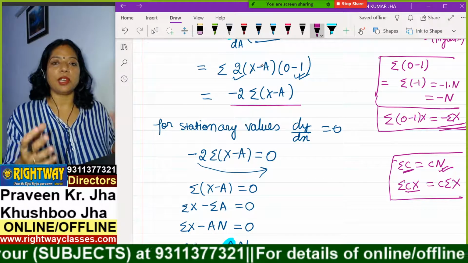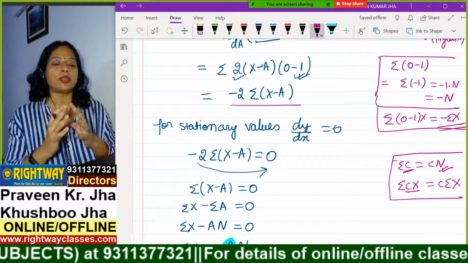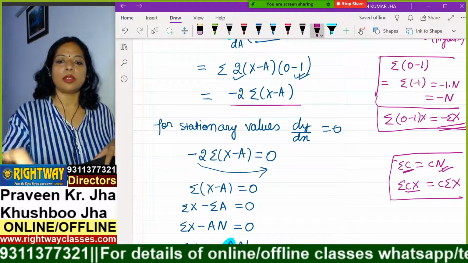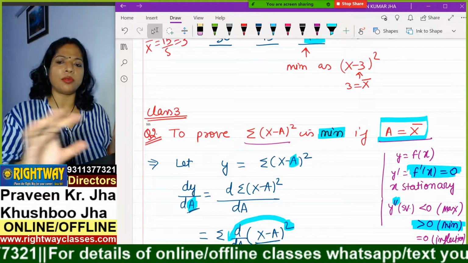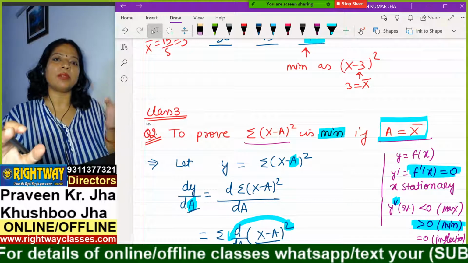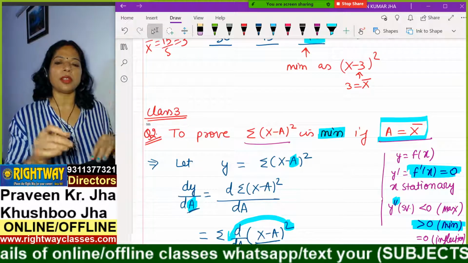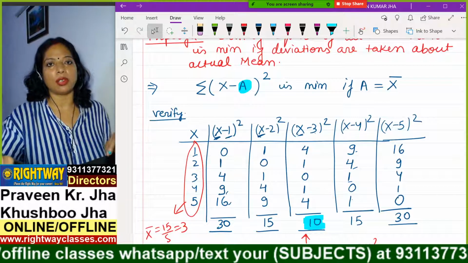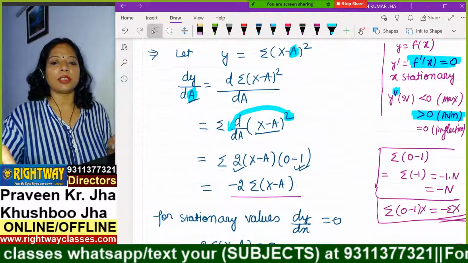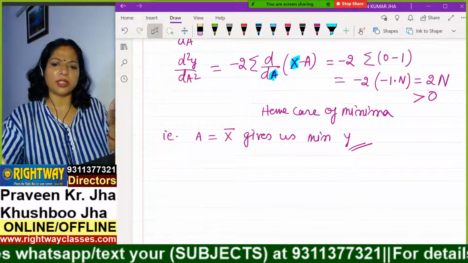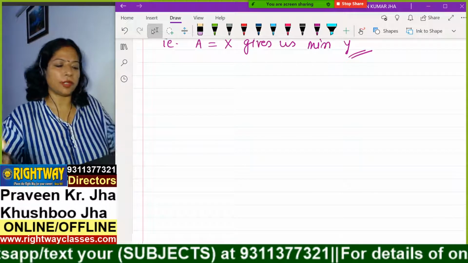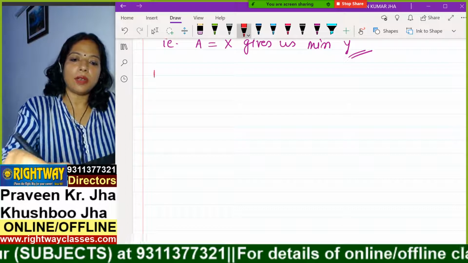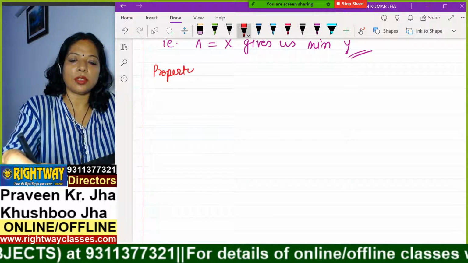Amir, it might be difficult for you, but you have to learn. This is the question which I will tell you. Even if you don't get it, just learn it, because this is an important derivation, and it is always asked in the paper. It is always in the mind of the teacher who is setting the paper that these two properties are important, and these two are not given properly in your book. Properties are given, but the proof is not given in a proper way. So they will ask it to check the mental ability of the student. Your teacher might also have done this in class, if you compare the notes. So this was the second property. Now we are moving to property 3. Is it okay, Amir?